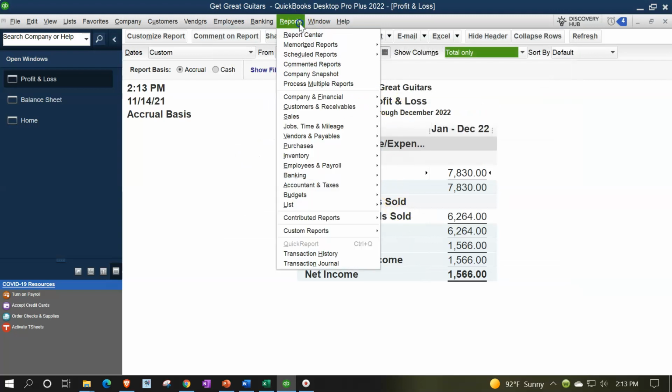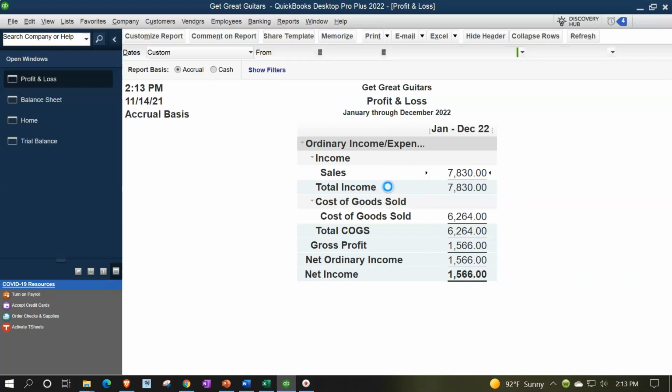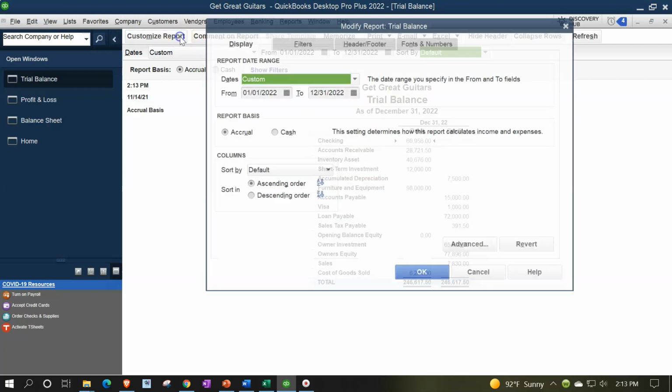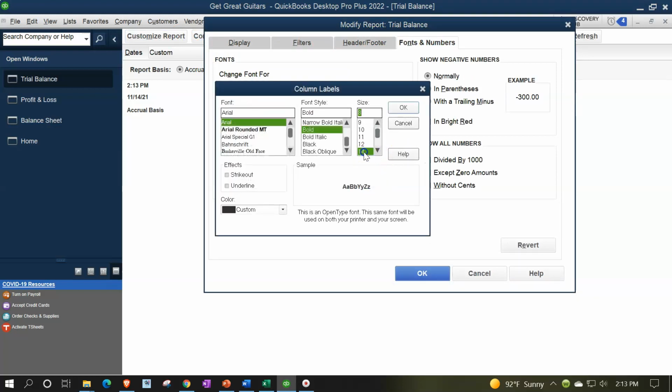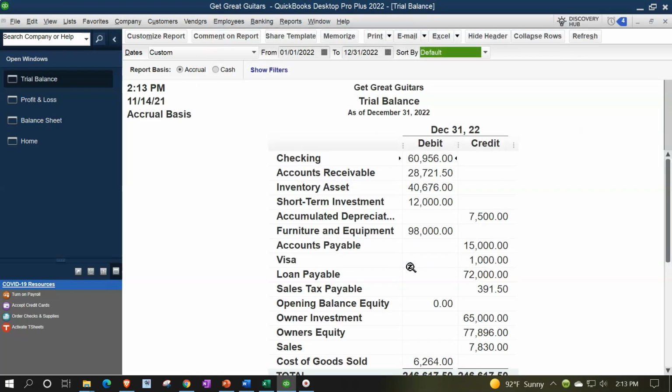And the trial balance, Reports dropdown, Accounting and Taxes, Trustee TB, otherwise known as the trial balance, range change 010122 123122, customizing that report with the fonts and the numbers, changing that font to 14 and okay, yes please, and okay. All right, so now when we did the setup process, you'll recall that we had those beginning balances